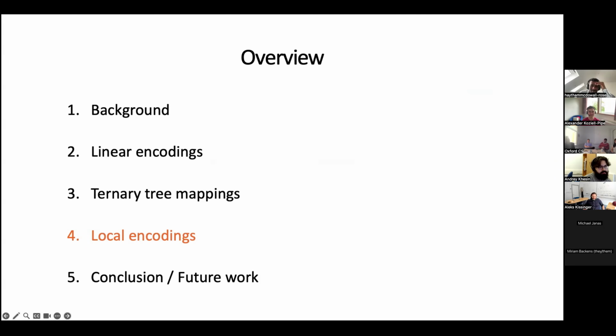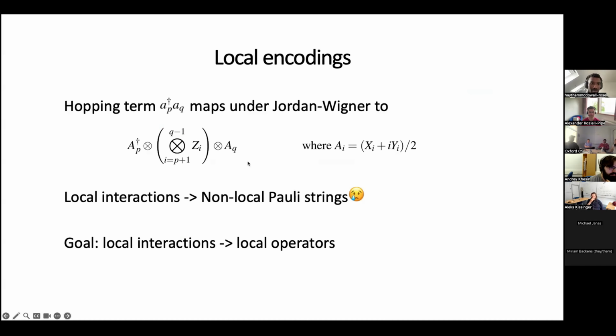Anyway, next we're gonna finally finish this up by talking about local encodings. The issue that we have with these fermionic operators is that once mapped to qubits, we have these strings of Z's. I'll show you what I mean. Let's say we want to look at a hopping term, just a good old-fashioned operator that takes a fermion from fermionic site Q to fermionic site P. Under the Jordan-Wigner operator, we've got this big string of Z's going all the way from Q to P,